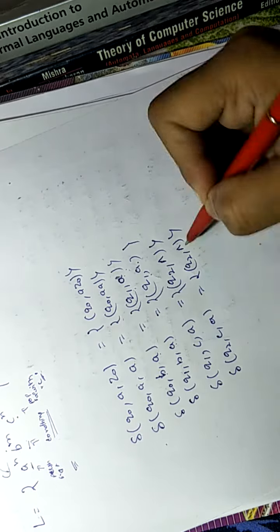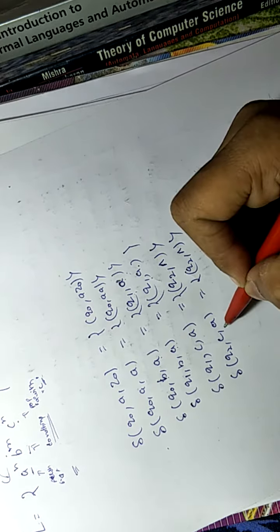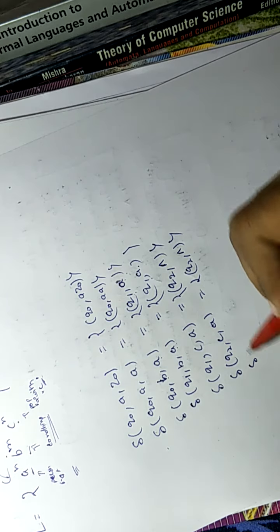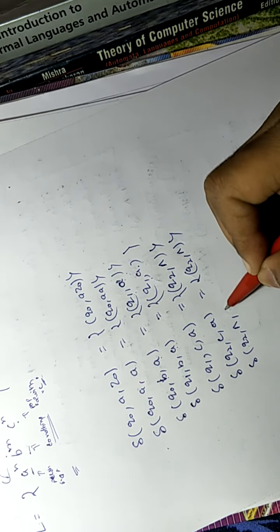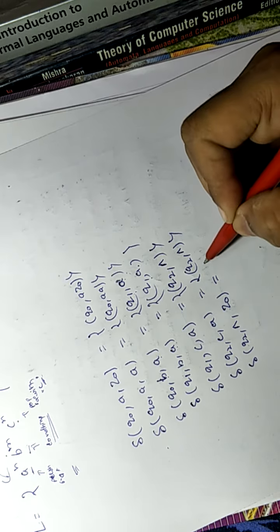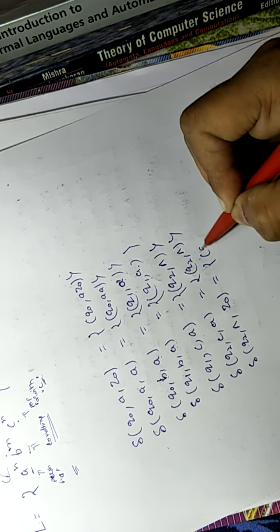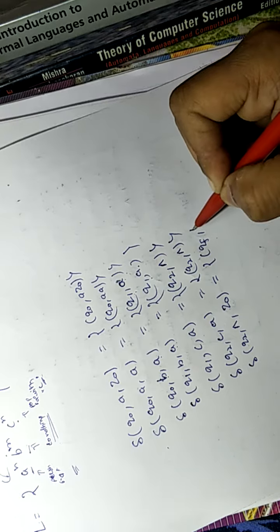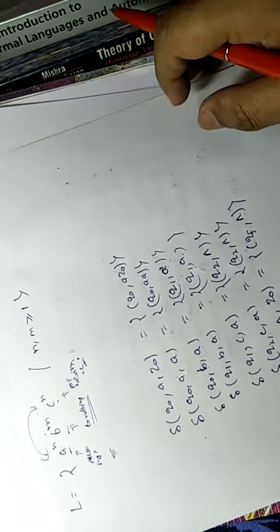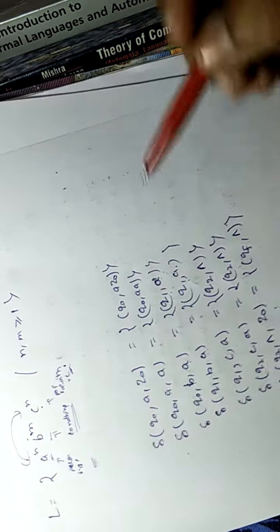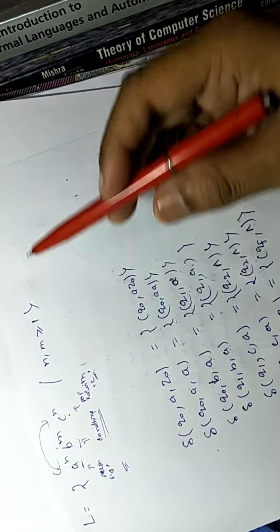So it is a loop to pop every a with every c. Now at the end of the input we will get null and z0 at the top of the stack, and we will reach qf, the final state, and we have to pop z0 also. So this is the PDA for this language,